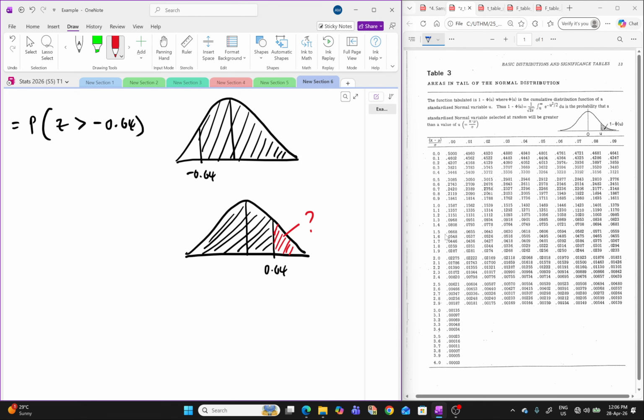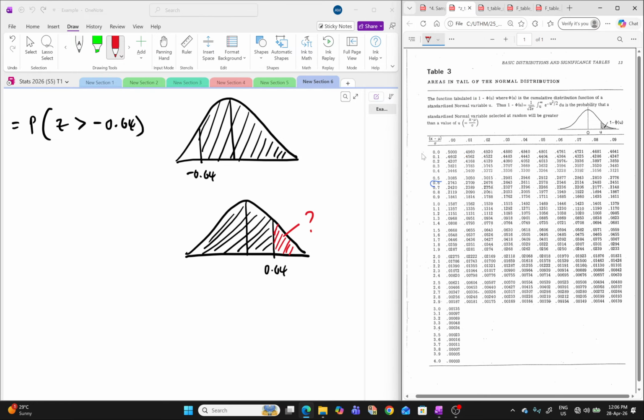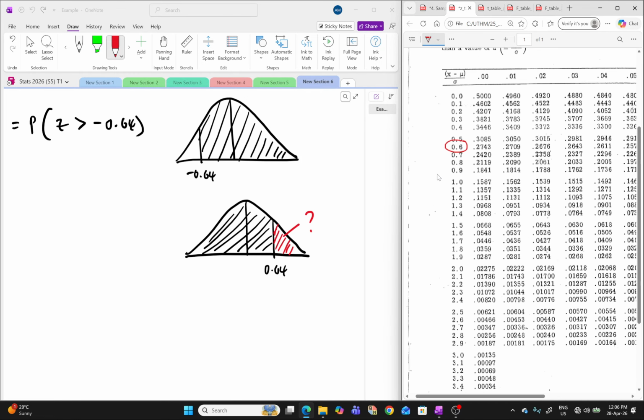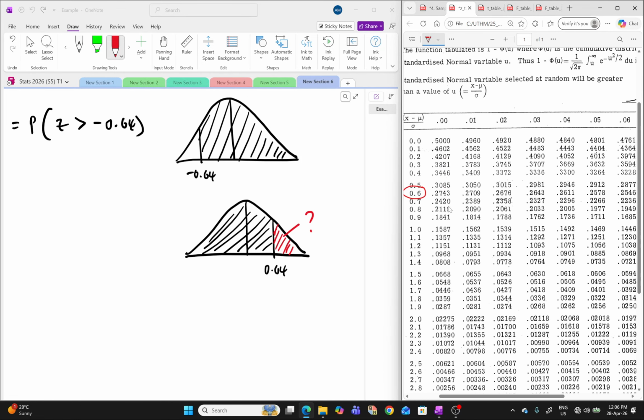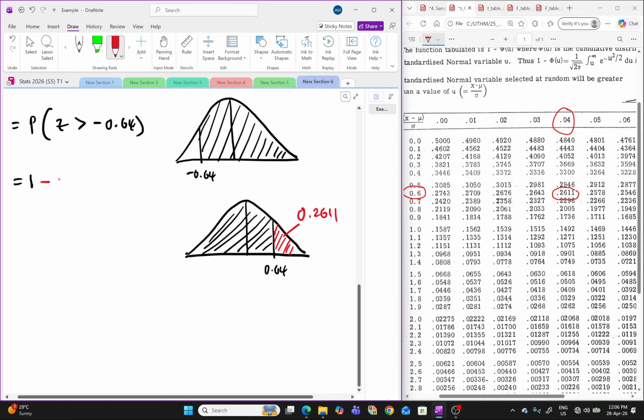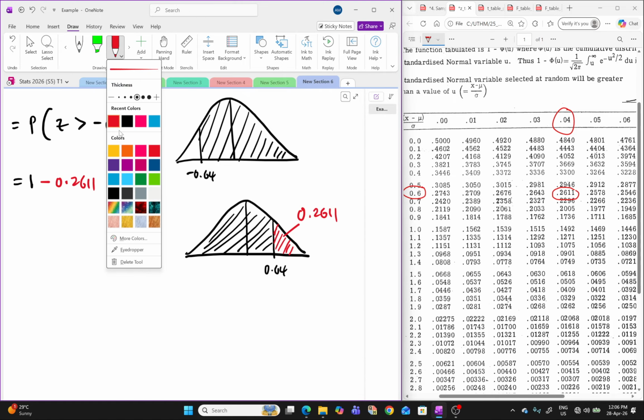0.6, 0.64, 0.6. 0.6 is here. Zero point six, 0.64 here. So that would give you 0.2611. So your answer should be 1 minus 0.2611. That would give you